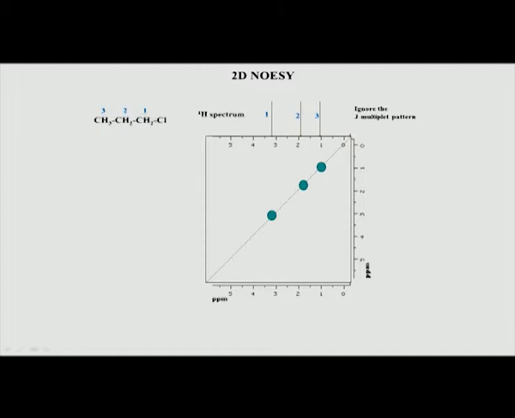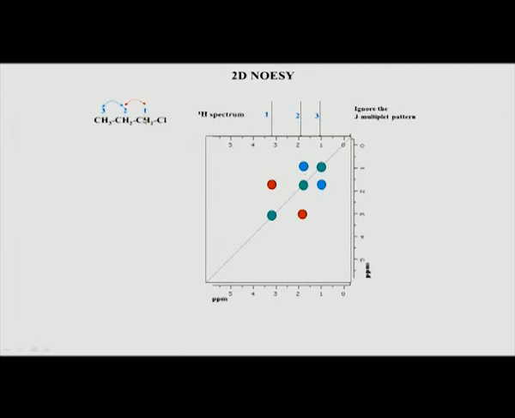So, in this case if hydrogen 1 and 2 are close in space, how far is this? This is only about 3 bonds away, and remember one bond is typically around 1 angstrom. So, if you say the 3 bonds are together within 3 angstroms, 3 to 3.5, obviously they are less than 5. So, I would expect a cross peak between 1 and 2 in a NOESY spectrum. This is what is schematically drawn here. Similarly, between 2 and 3 I expect a cross peak, because 2 and 3 are also not far away, they will again be within 3 to 3.5. So, 2 and 3 also will show a cross peak in a NOESY spectrum.